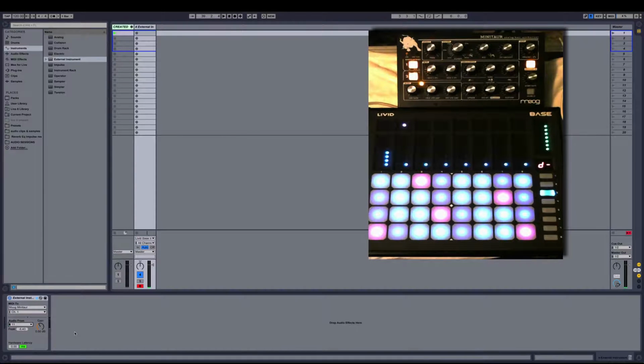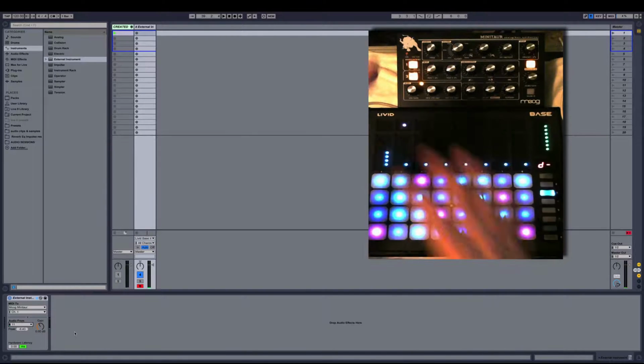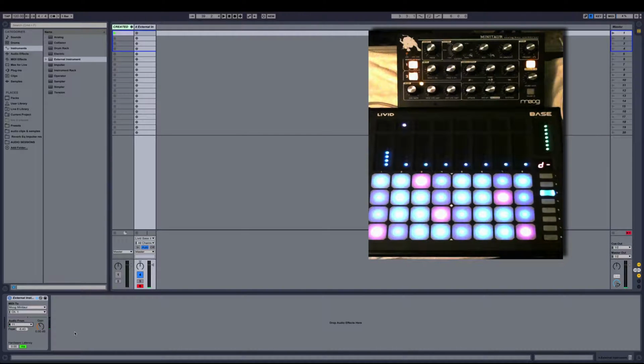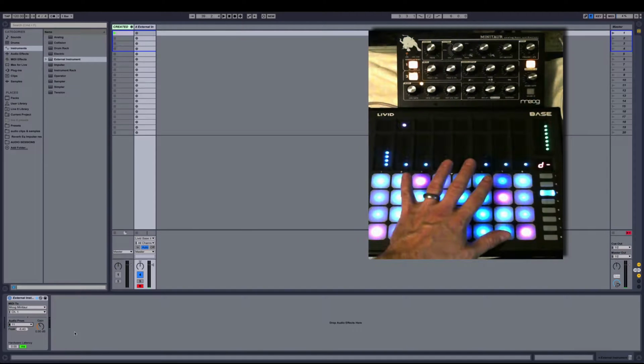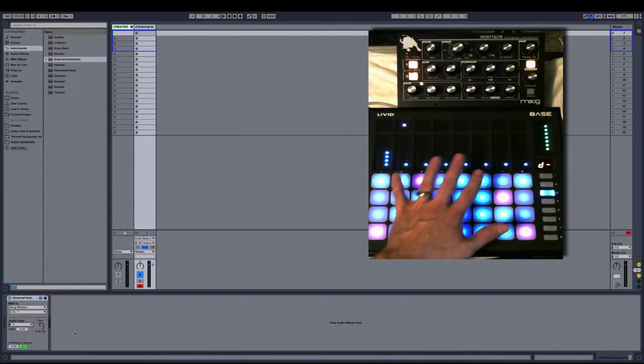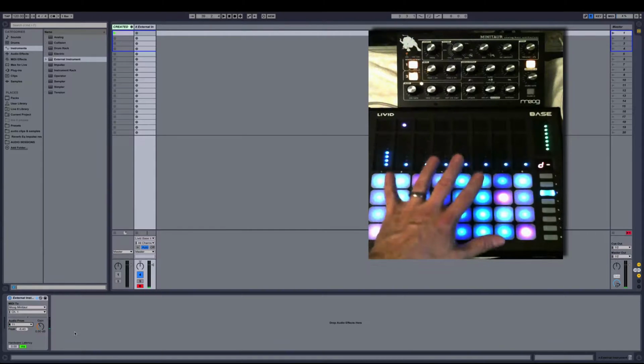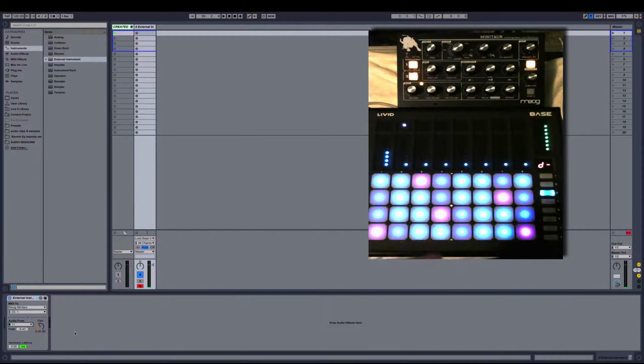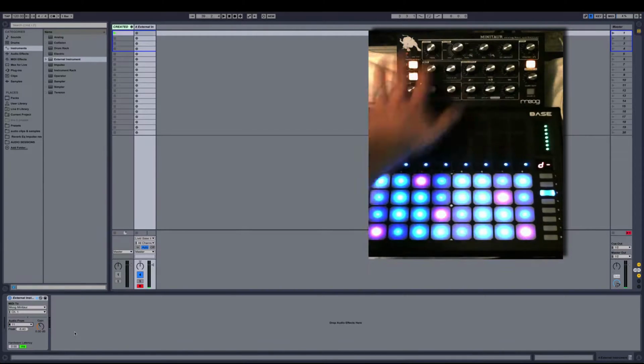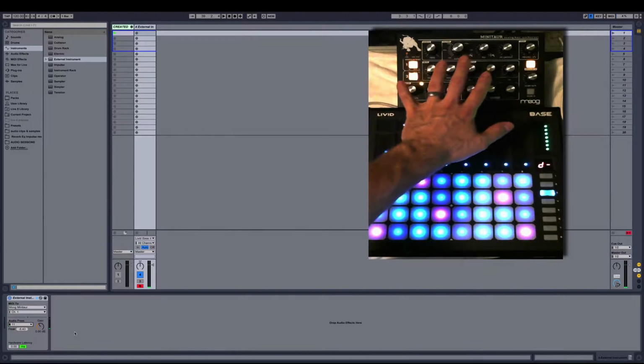But let's say that you have an analog synthesizer or an external hardware MIDI synthesizer that's in a rack somewhere, or you want this to live off to the side of stage and you want to have something else in this location. Well, we can use all of the routing capabilities that Base has, and we're going to actually use the remote script as it is to jump in and start changing some of the parameters that we might want to on